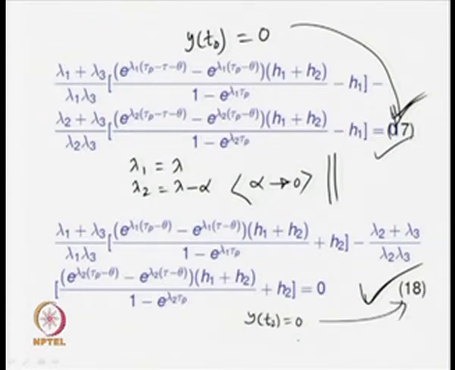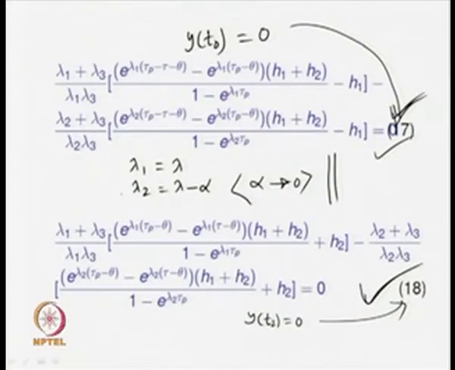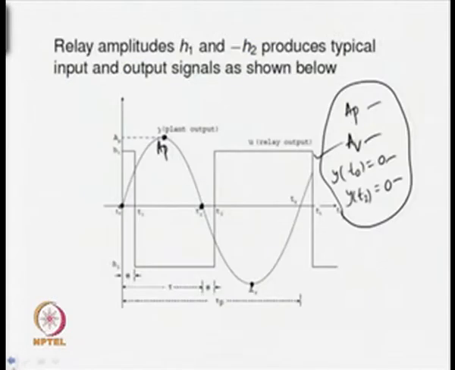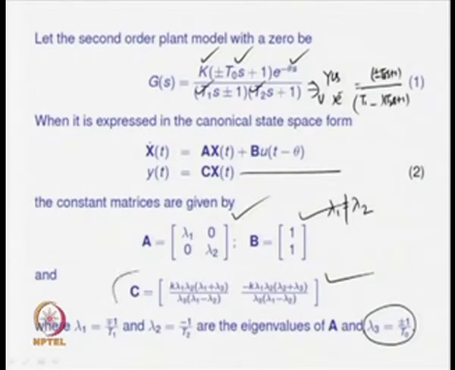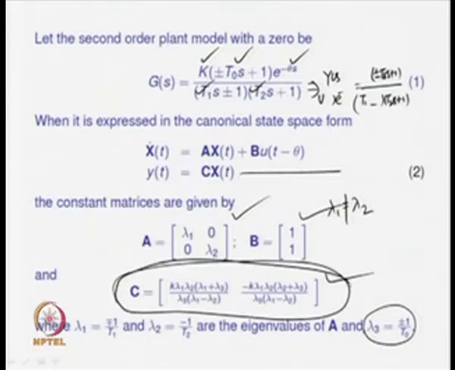These analytical expressions can be used for our case, or the case with a plant with pole multiplicity, provided the lambdas are chosen in this form. Otherwise, one cannot use them, because we have seen the limitation. The limitation is evident when you simply look at the constant C, where you are not allowed to use lambda 1 equal to lambda 2. So, when lambda 1 is equal to lambda 2, I cannot use C,